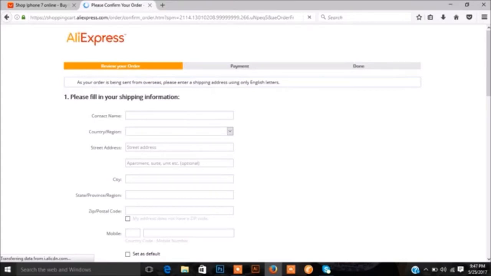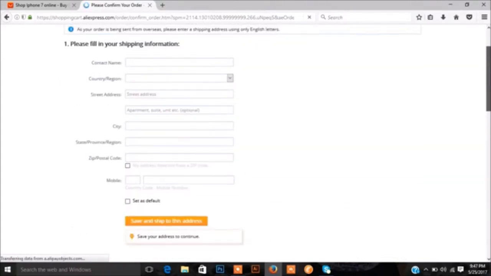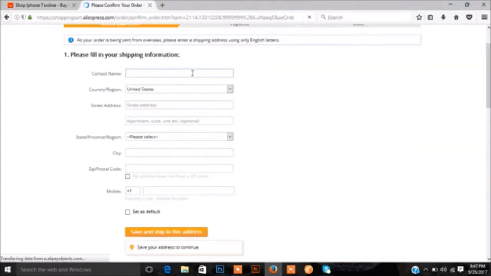You just need to type in all the address and your name and everything. So here you have to type your name and address and all that. So let me do. Okay, contact name should be Bush John.